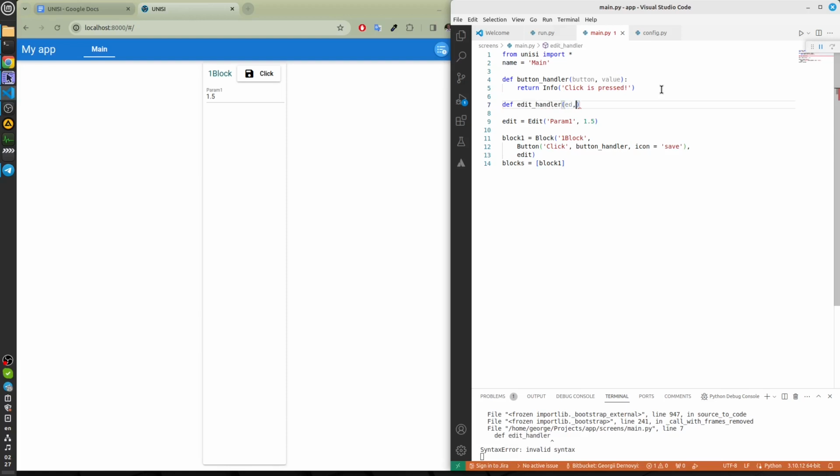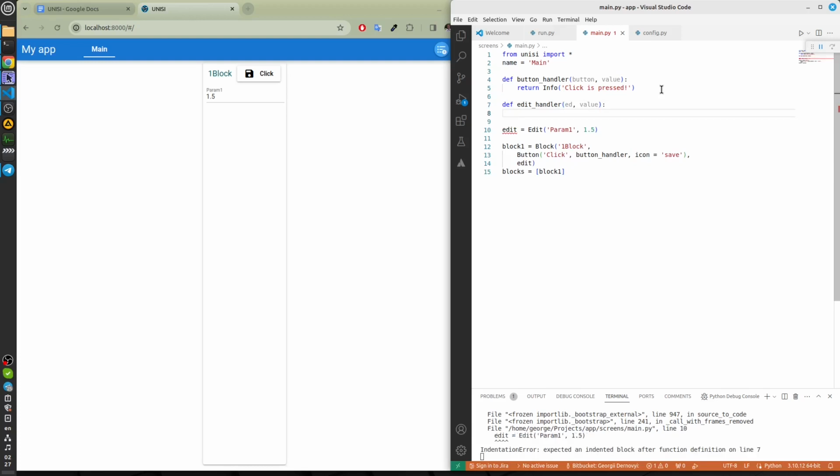We have to save the value that came from the user in the handler, because if we define the handler, it is our responsibility to save it. Unice doesn't know whether to save it or not. If we define the handler for some event, it means that the saving of the incoming value is in our responsibility.